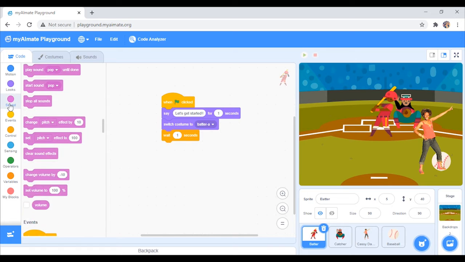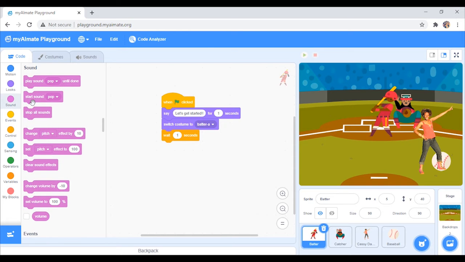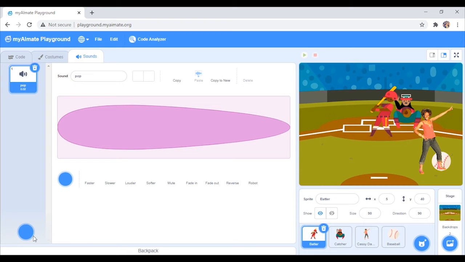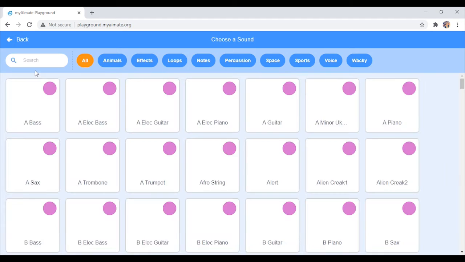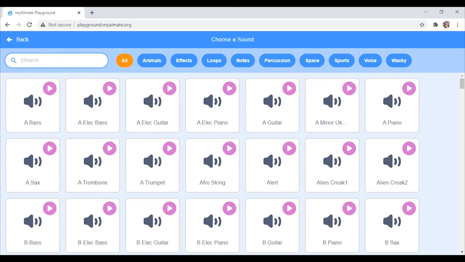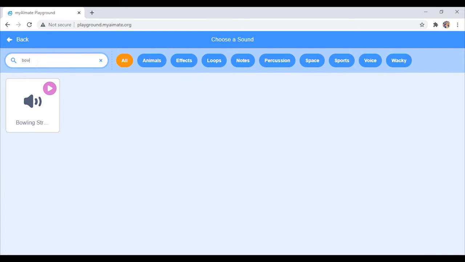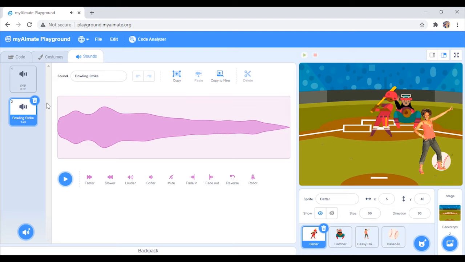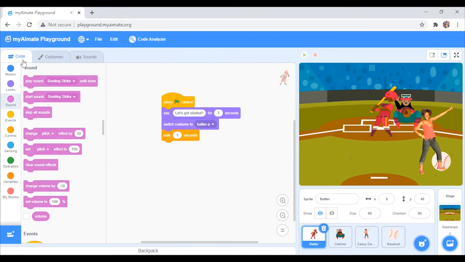Also, to hit the ball, we will require sound effects. So let's import it. Now we place it so that the sound may execute.